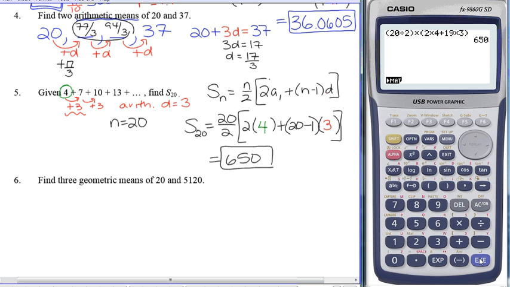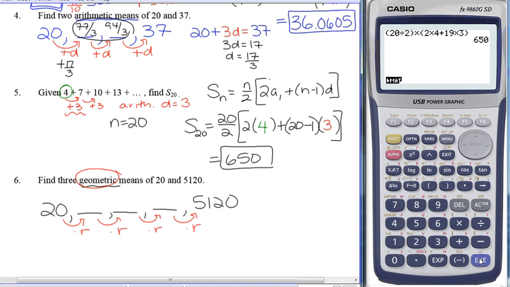Number 6, find 3 geometric means of 20 and 5,120. So this means I'm going to have 3 terms in between 20 and 5,120. And also because they're geometric means, that tells me that every time I'm going to multiply by my common ratio to get the next term. So I like to lay it out so I can see it. And I can see that what I'm starting with here is 20. I'm going to take 20 and I'm going to multiply by 4 r's, so that's r to the fourth, and my answer has to be